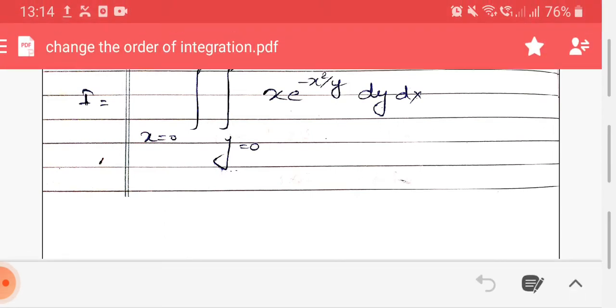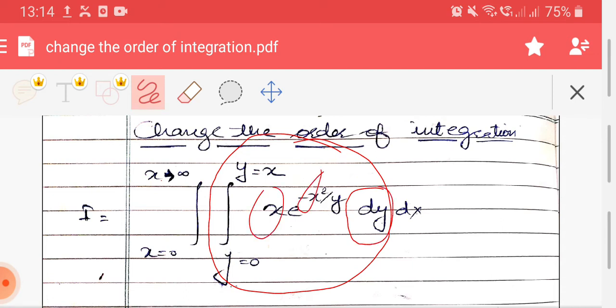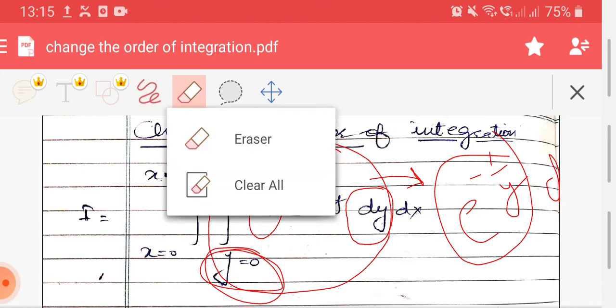If I directly solve for the integral about y, then what kind of problem will I face? If I directly solve for this integral, you can see the main variable is y and x is just treated as a constant here. But you have to integrate e to the power of some constant over y, dy. This term's integration is not an easy one, so we have to change the order so that the limits here for y will be shifted to the limits for x. So how can we do it? It's very simple. We have to plot a graph of the limits given.